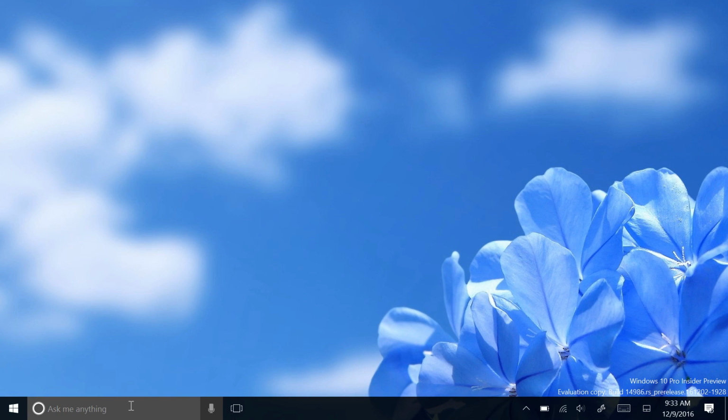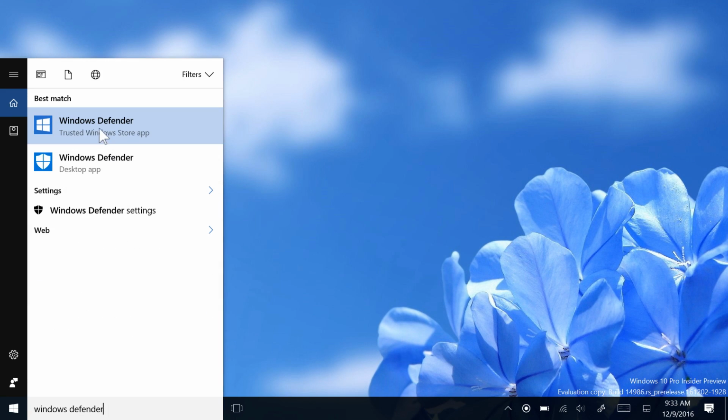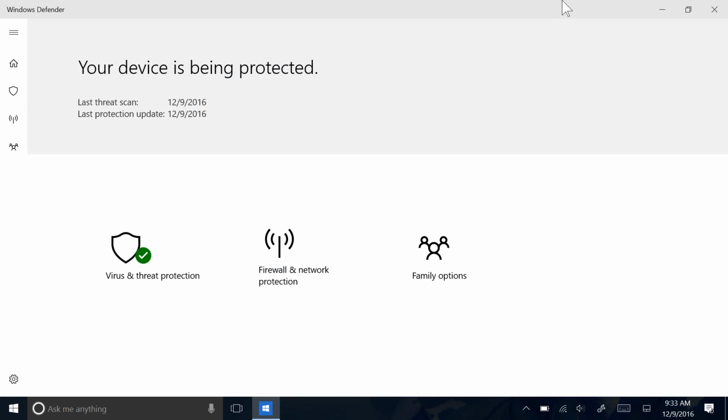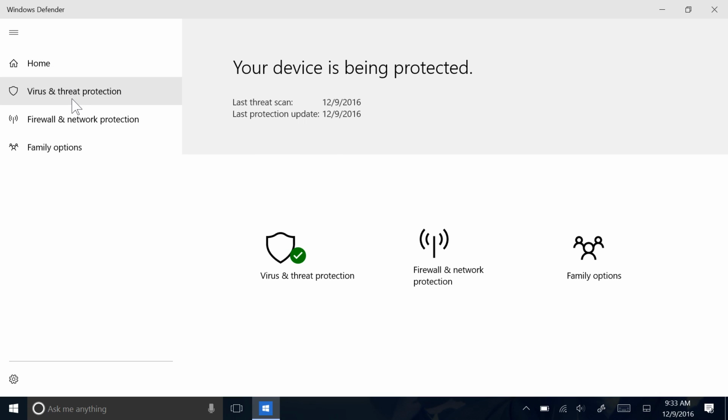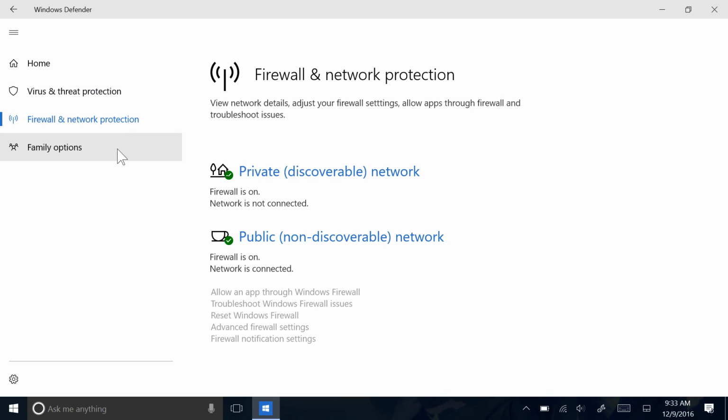After installing this build, if you restart your PC once, you'll find a new Windows Defender app when searching for it in Cortana. You'll need to select the second option, which is displayed with a little Windows logo icon rather than a shield. I imagine that sometime in the future they're probably going to end up renaming this app from Windows Defender to something else, because the app seems to be sort of a hub for Windows security settings, with access to things like virus and threat protection, the Windows firewall and network protection, and family options, a sort of